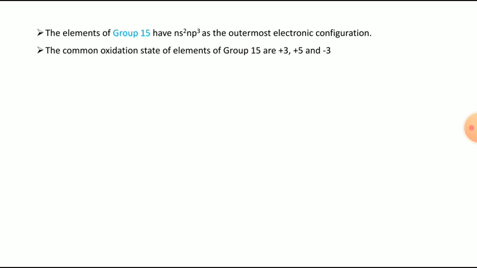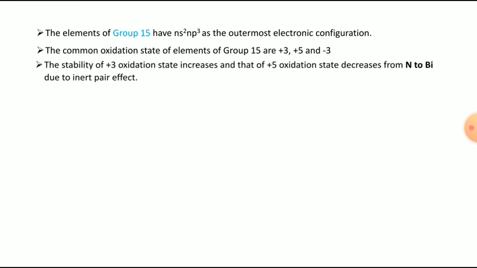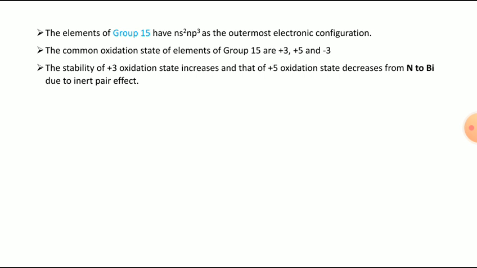These are the common oxidation states. That means all the elements from group number 15 show these three oxidation states. The stability of +3 oxidation state increases and that of +5 oxidation state decreases from nitrogen to bismuth due to